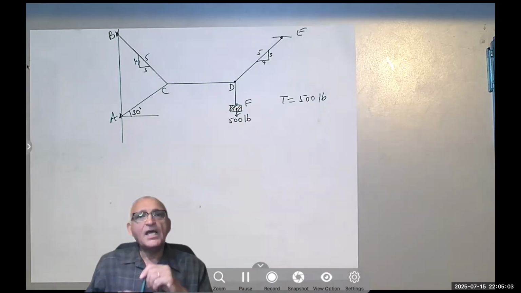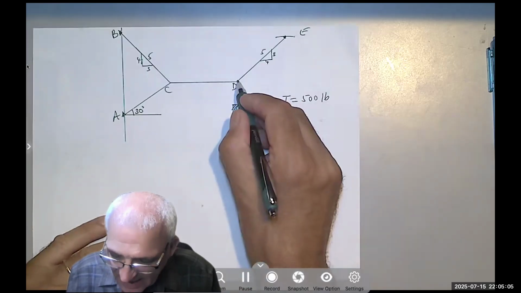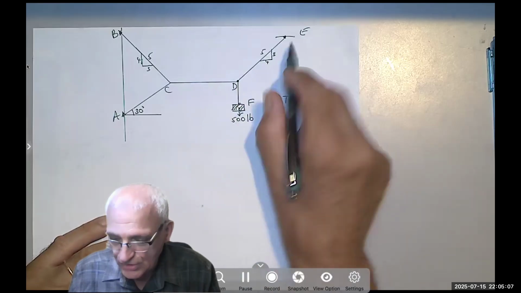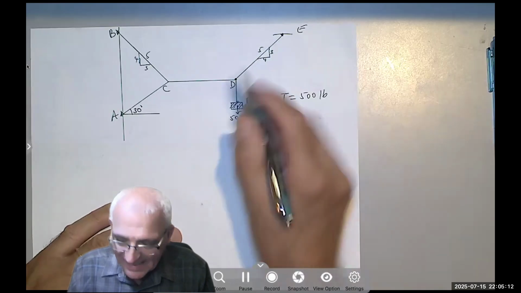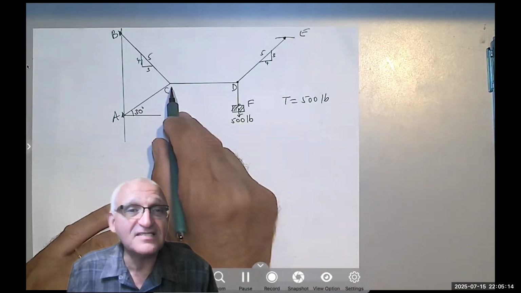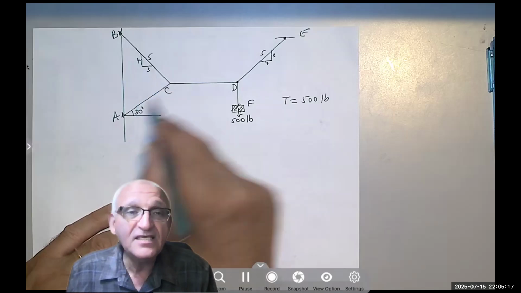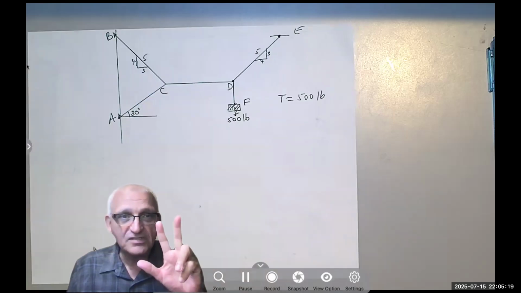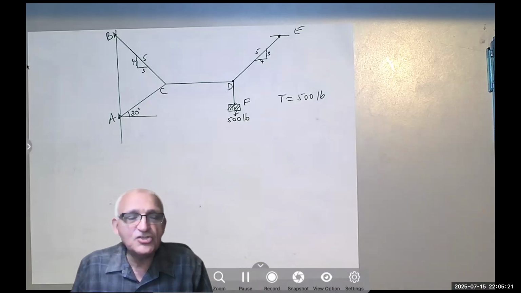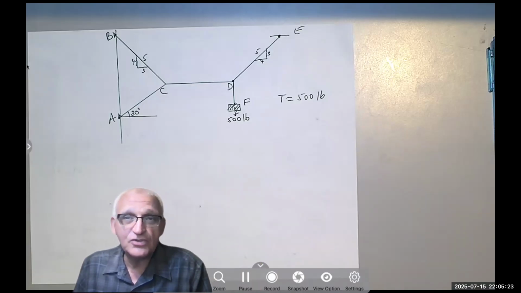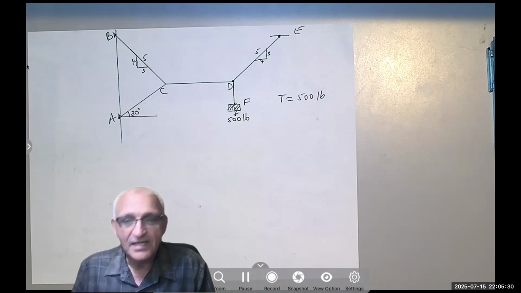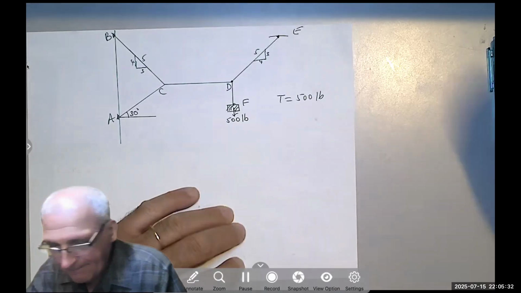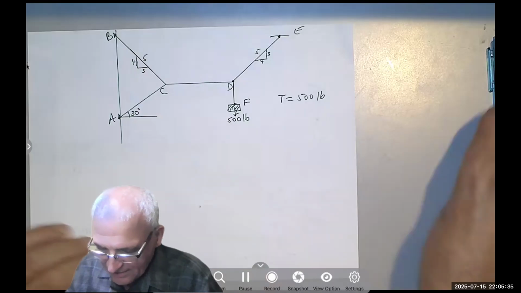Now at D, I have two unknowns. I know the slope, so the direction is known, but I don't know the magnitude. I can start at D, but I cannot start at C, because at C, I have three unknowns, and there is no way you can solve three unknowns with two equations. It's impossible, right? Unless two equations are dependent, but we don't have that case here. So I will start by taking the free body diagram